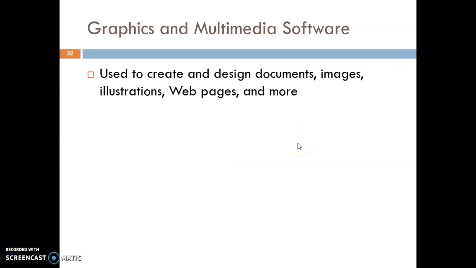Okay, graphic and multimedia software is a wide range of programs for home users and professionals which we can use to create and design documents, images, illustrations, web pages, and many more. In addition, graphic software allows engineers and other professionals to create three-dimensional models and drawings to help them visualize construction